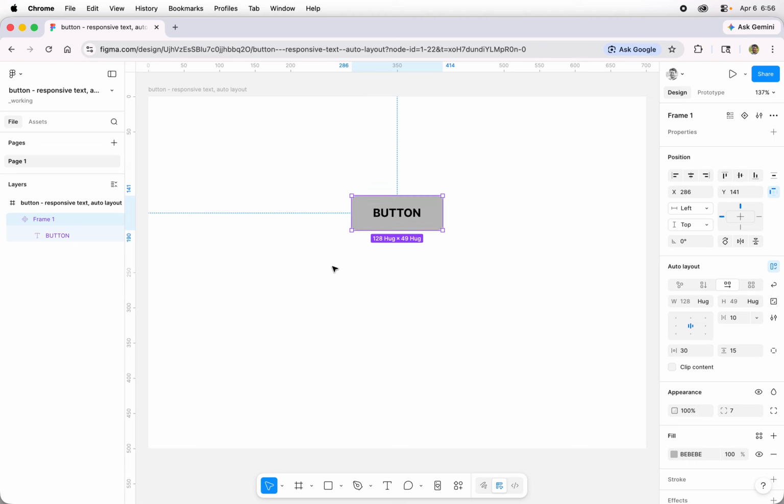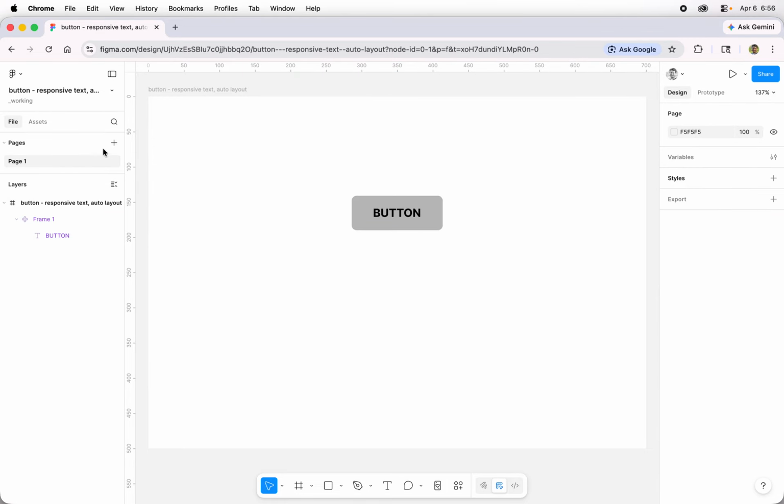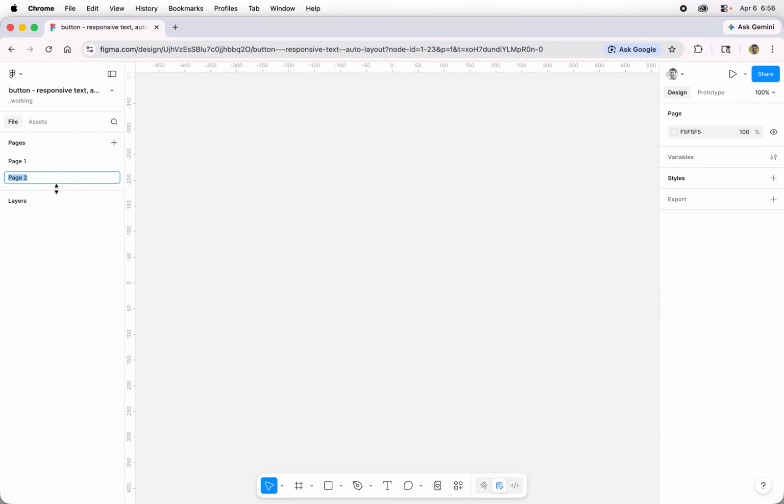A little bit of housekeeping. When I'm starting to create main components, I tend to create a new page and paste the main components there so that I don't edit them by accident in my actual designs. So I'm going to go ahead and do that now. So in the Pages panel, plus create a new page and call it main components,